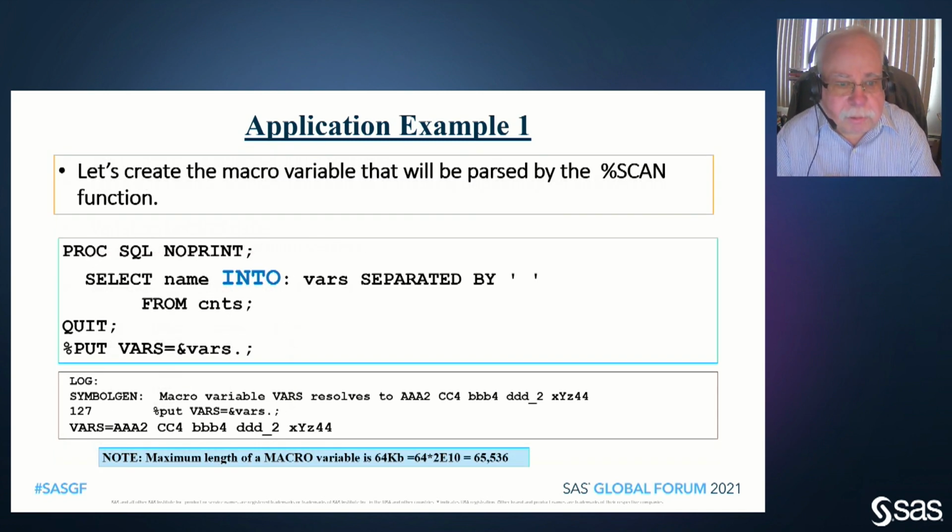Okay, let's now create the macro that we're going to parse, which has a lot of values. It'll be all the 5 names, and then we're going to parse each one at a time. This is one of my favorite SQL functions, the into function, where it creates a macro variable. So I'm selecting name into the macro variable VARS, and it's separated by the delimiter of blank quote, quote, blank quote. And I'm pulling that from CNTS. And I do quit. And just to verify that we get the right information in the log, I'm putting a put statement to put vars equals &vars. And you see they're named in the same order that the contents are named.